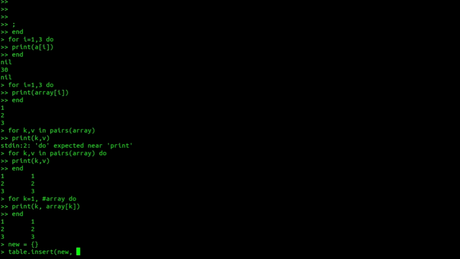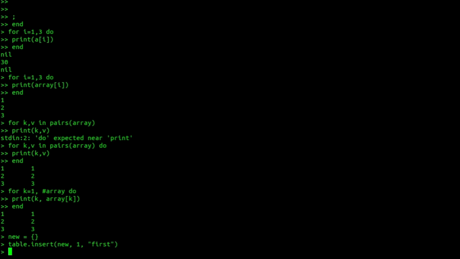Then the second parameter will be the position at which I want to insert the value. Let's say I want to insert at the front, so I will say 1, the first index. Then the value which I want to insert. For now I'll say the string "first". So the only element right now in our new table is "first" with index 1 or key 1.